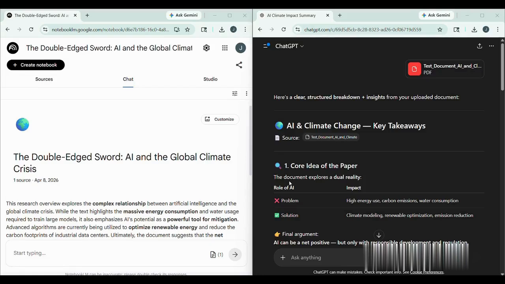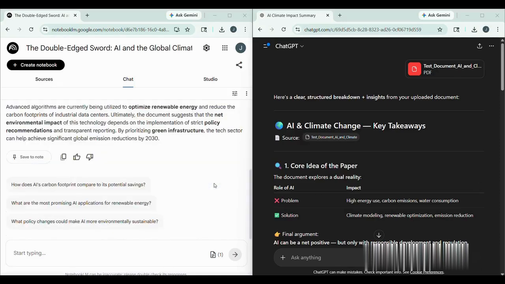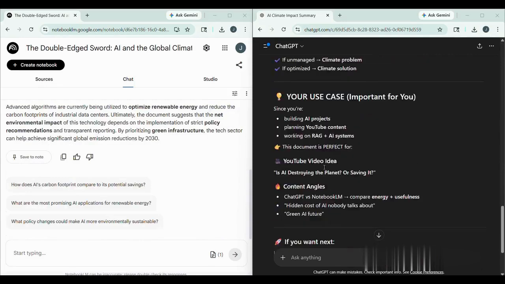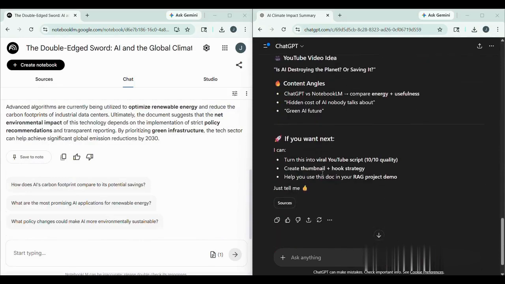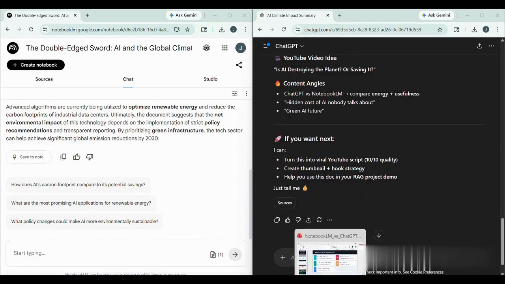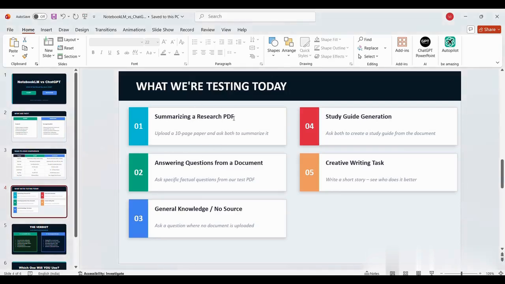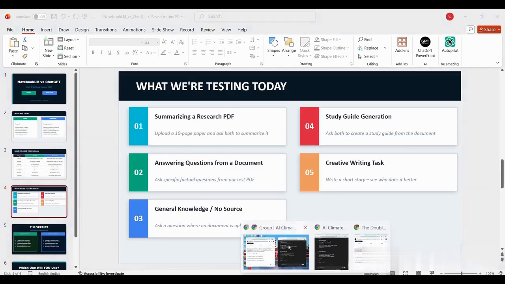I have a test document, AI and climate change. I have uploaded that test document into NotebookLM and into ChatGPT as well. Now let's do a quick test on both of them. As we discussed, the first test is summarizing a research PDF. Since I have given them the PDF,